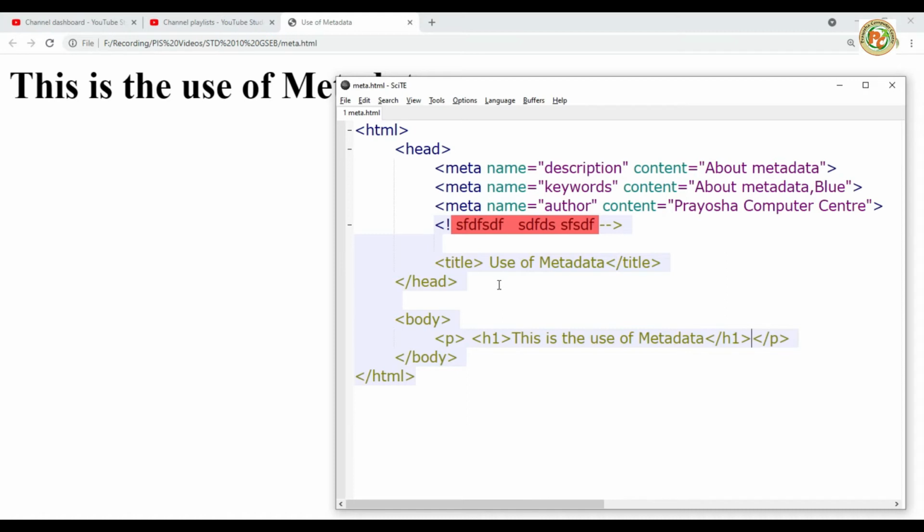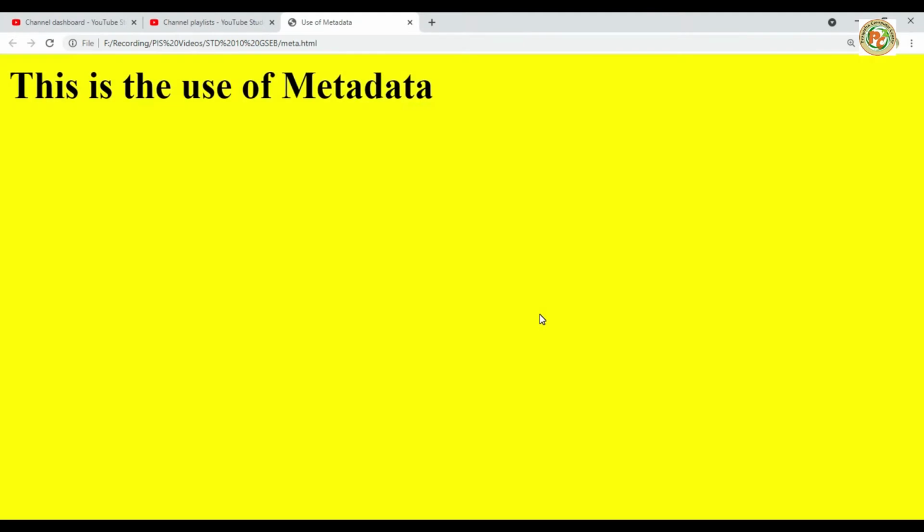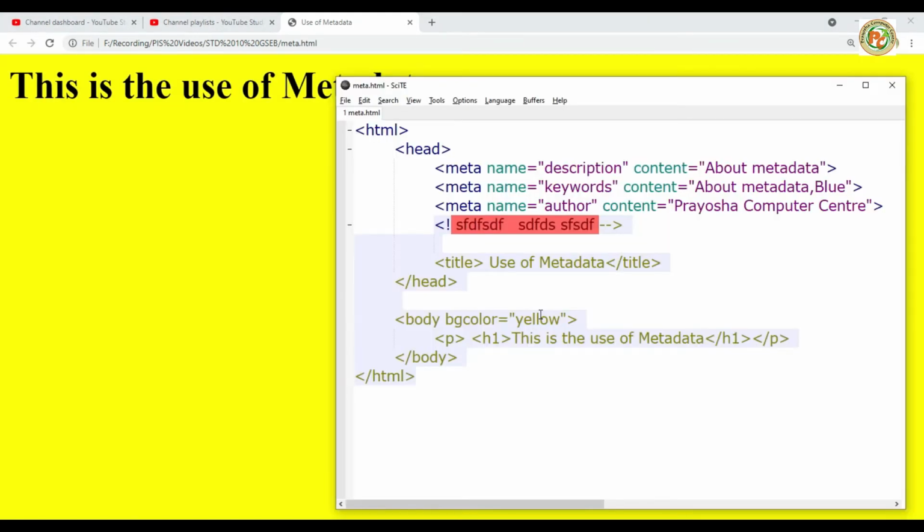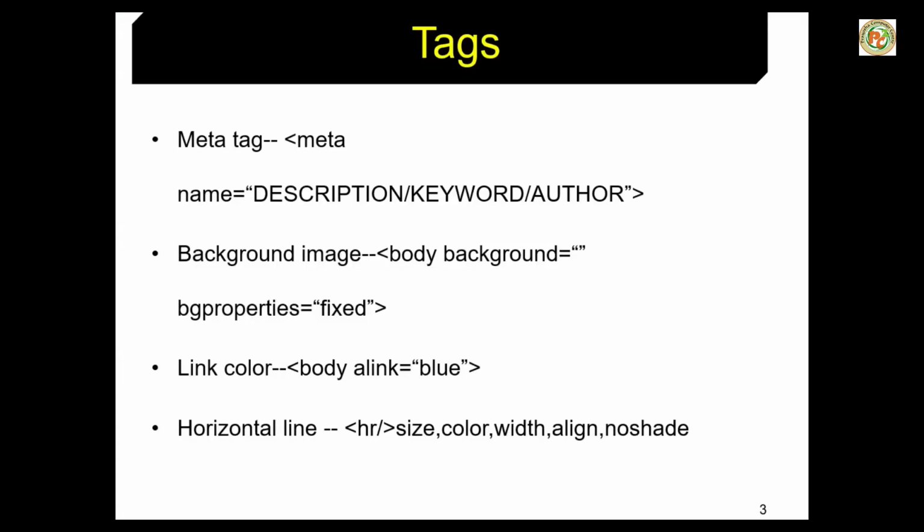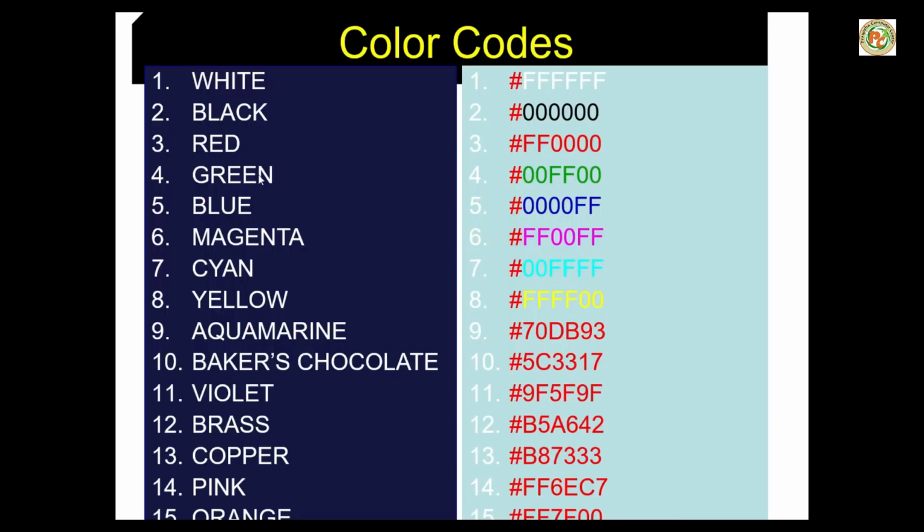Now after this we are going to assign the background color. Click on the body tag, type bgcolor equals, and you can assign any color, like previously we assigned yellow. Press Ctrl S and run with F5. Yes, it is assigned. But sometimes we want to assign different colors like this. See, here some colors and their properties are there. In this case it is a hexadecimal sign, and we can also use this sign.